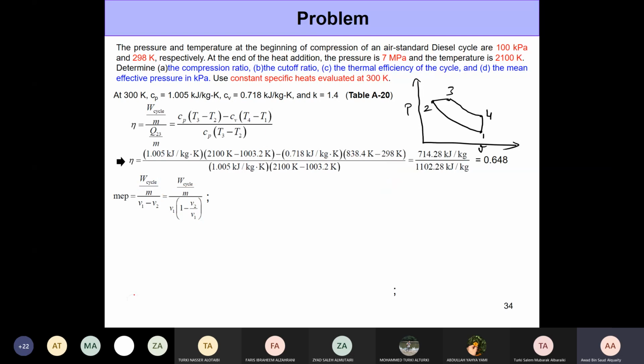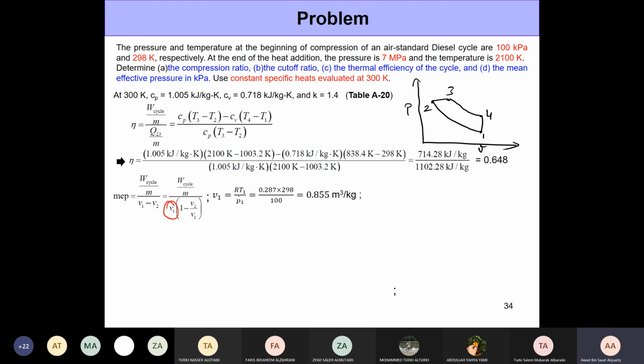All right, so now for calculating V1, we just have to make use of the ideal gas equation. If you think about it, when you're trying to solve a problem here, there are only two formulas that you typically make use of. It's either the ideal gas equation or, for the isentropic processes, the equations relating the temperature ratios to specific volume ratios or temperature ratios to the pressure ratios. Those are the only two options that you have, so you got to pick one of those and identify how to move forward.